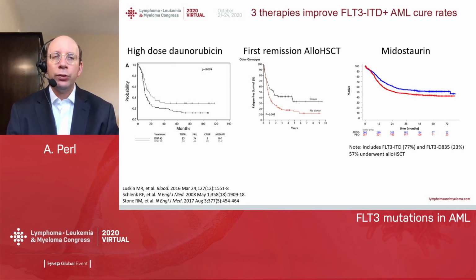I've shown data from the ECOG 1900 study, and there's a similar result from the UK NCRI AML 17 trial. And in that study, that was the only subgroup that benefited from the higher dose of daunorubicin on the first course. Earlier data had suggested that allogeneic transplant for patients in remission benefits patients who have anything other